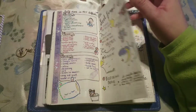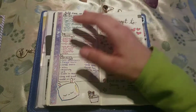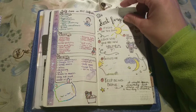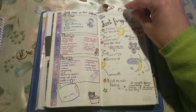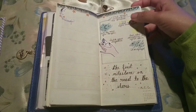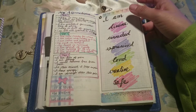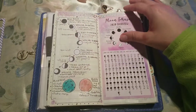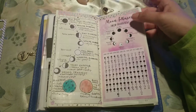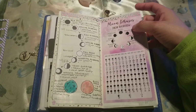Then for the following weeklies, the first 4 weeks, I don't use them, so I washi tape the dates and I just made spreads from them. So this is my self-care spread reminder. This is my moon divinational spread. This is my affirmation spread. This is my moon faces spread with the 2020 overview, and I don't remember where I got the sticker,